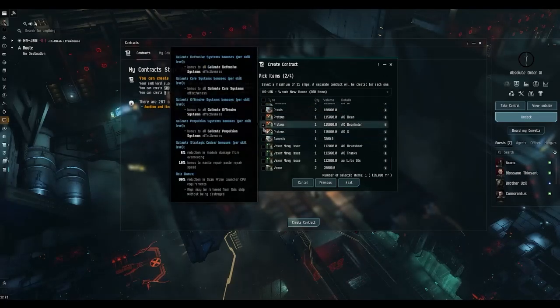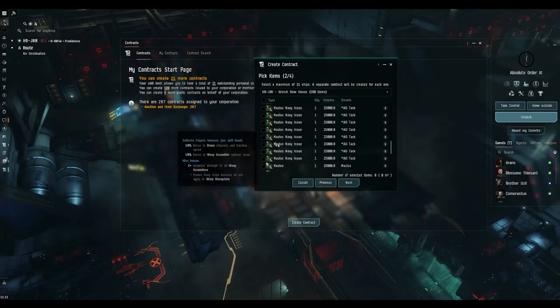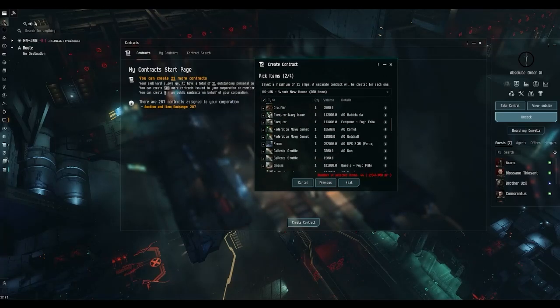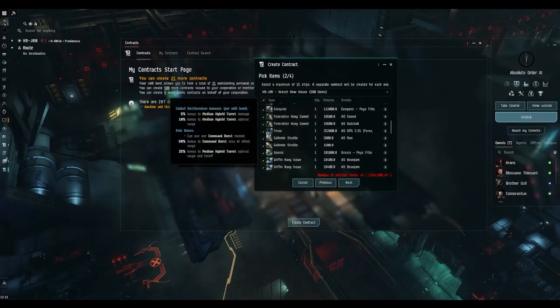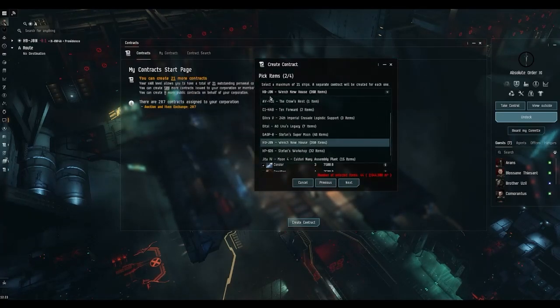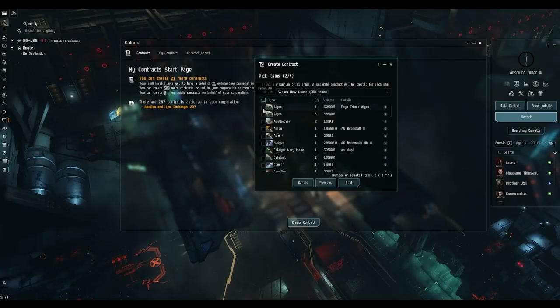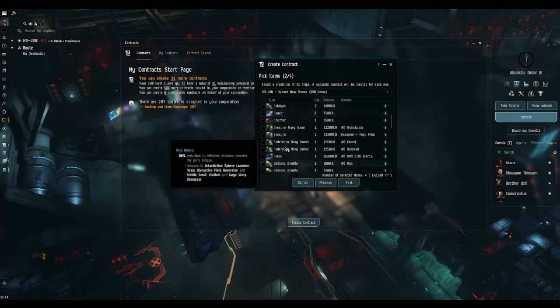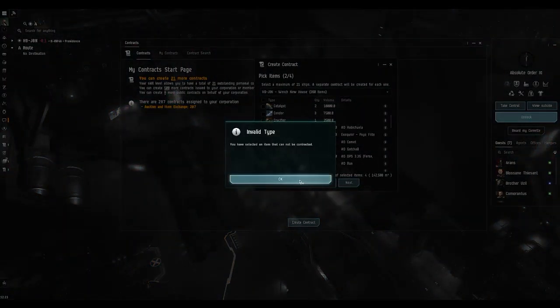So I could post up my Proteus. That's a fully fitted Proteus. I could post up any of these other ships here. I could select up to 21 ships. So I could select all this stuff. It'll show me 44. Okay, let me select this Algos, this one, this Atron, a Catalyst, and when you press next,